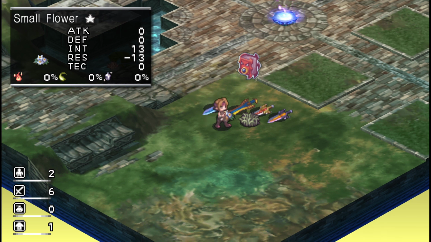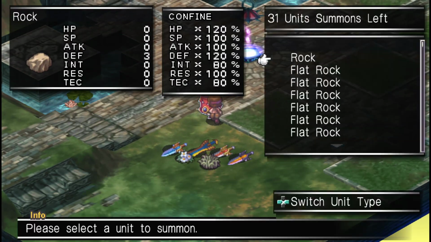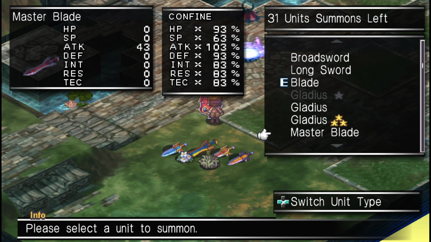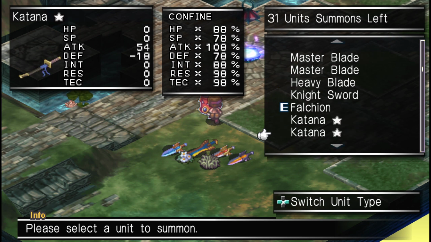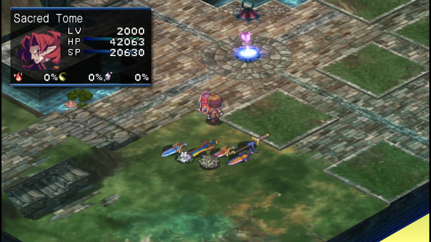That's huge. So if you're going to be using a character a lot, you want to confine them in a good item that has good stats and has as many stars as you can get your hands on. Furthermore,